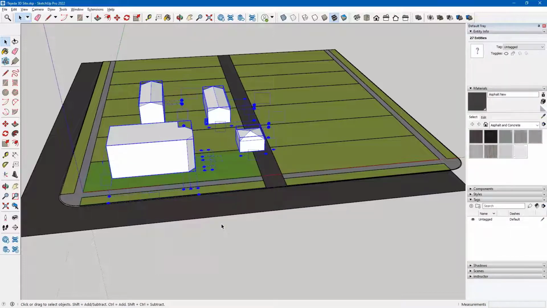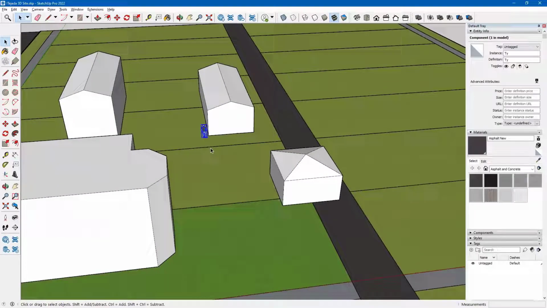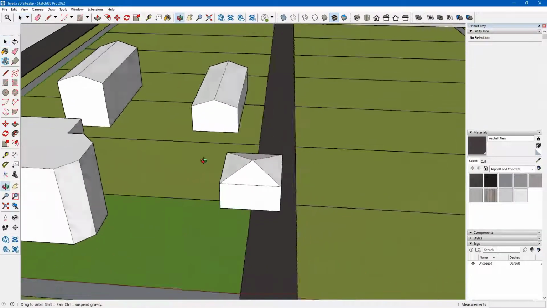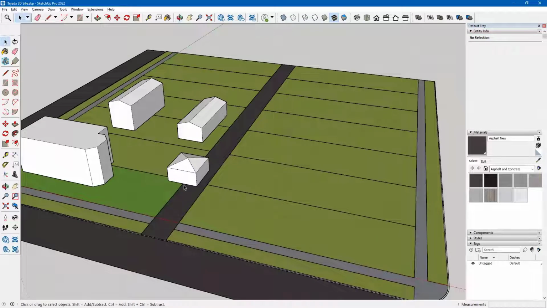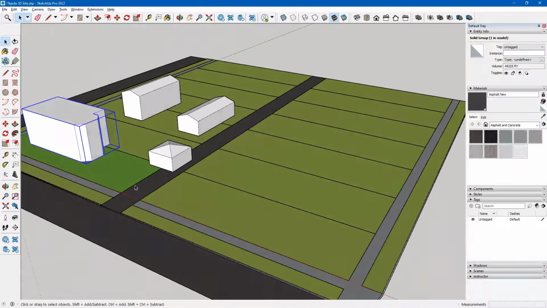Done. Now that I've exploded the component, I can go ahead and select this figure and delete. And then I can take my buildings and start placing them on the sites. So I'll start with this one first. I'll take that and I'd like to place it somewhere on this site closest to the screen right now in